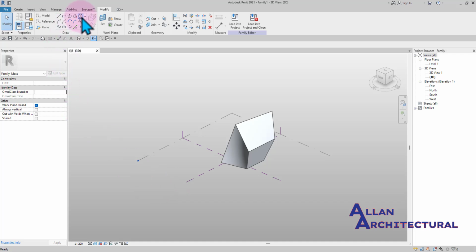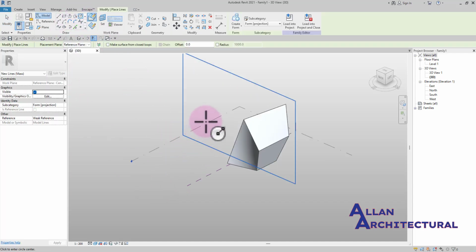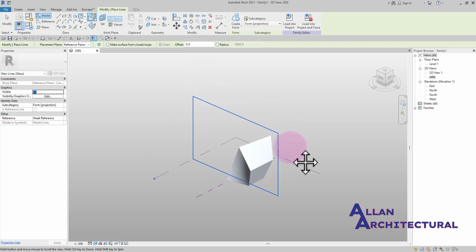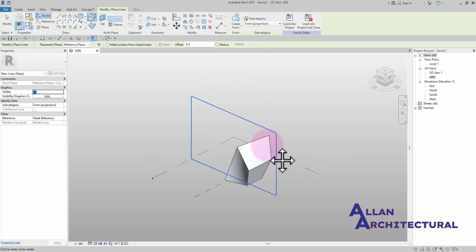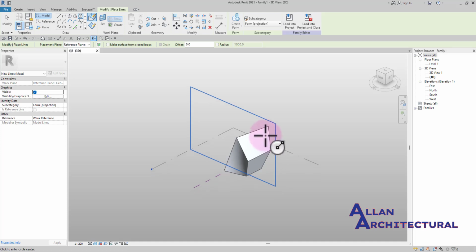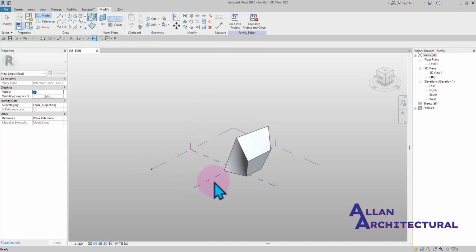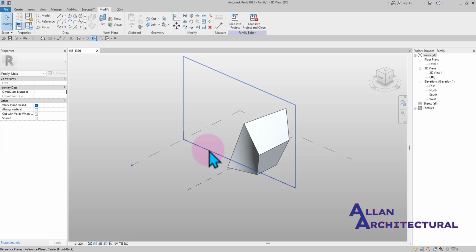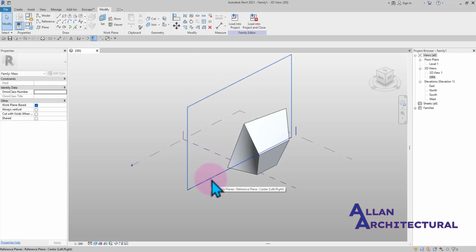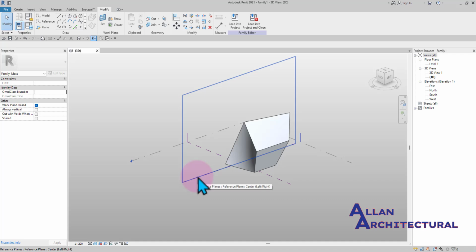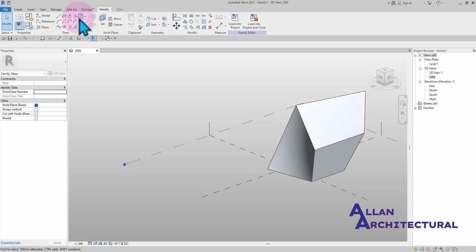I'm going to click on that circle right there, and you notice Revit tends to remember the previous plane I selected. That's one thing I wanted you guys to know, that Revit is always going to remember the previous planes that you select. Let's say you lastly worked on this plane, this plane is what was selected lastly, and then you escape out of there, and then maybe you want to draw a different kind of form or shape